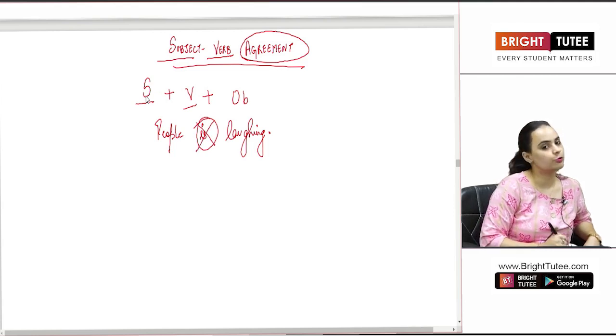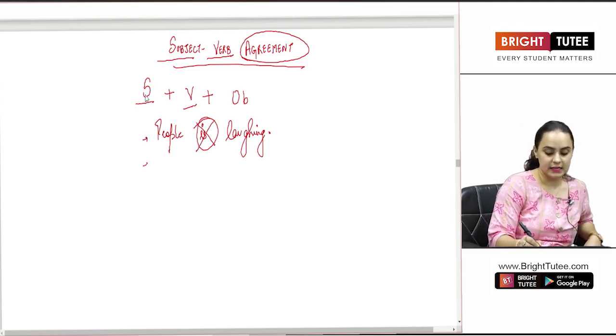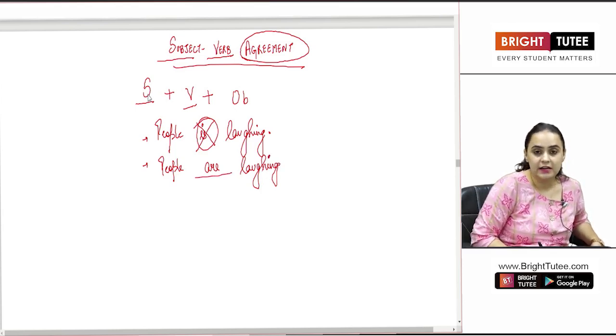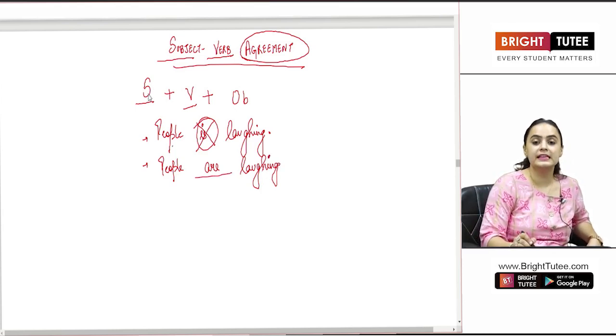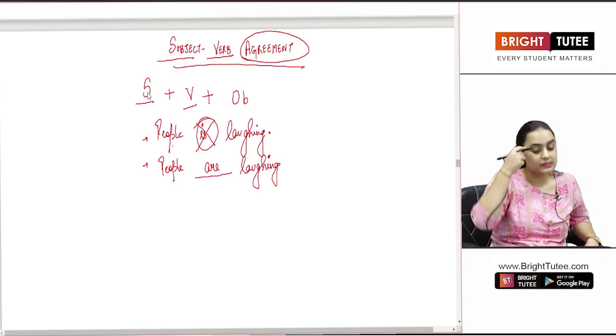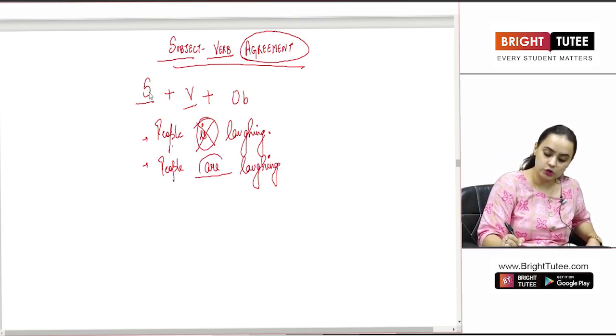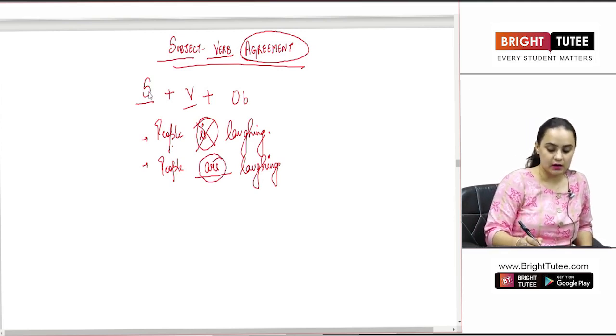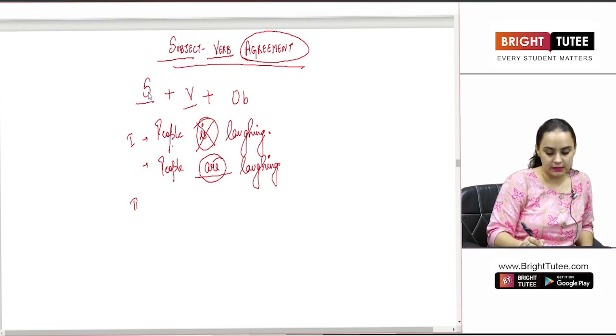No, this is wrong. What do we say instead? People are laughing. Why did I do that? Because people is a plural subject, and since it is a plural subject, therefore it should have a plural verb with it. Similarly, if I give you another example,